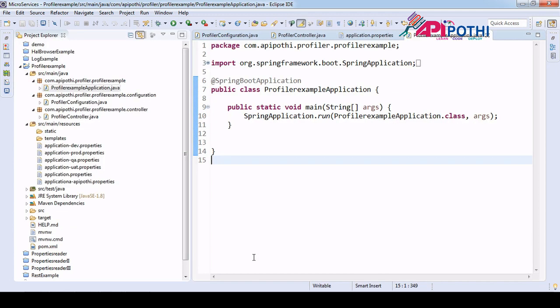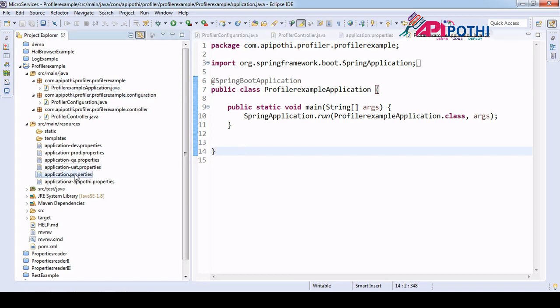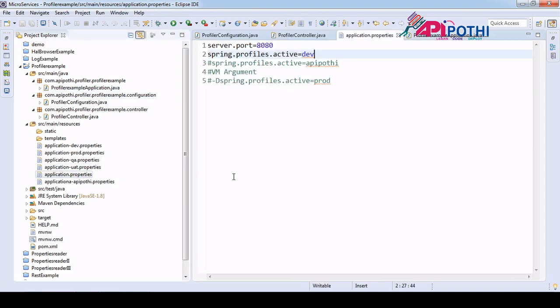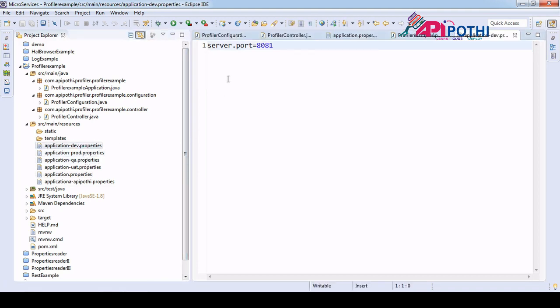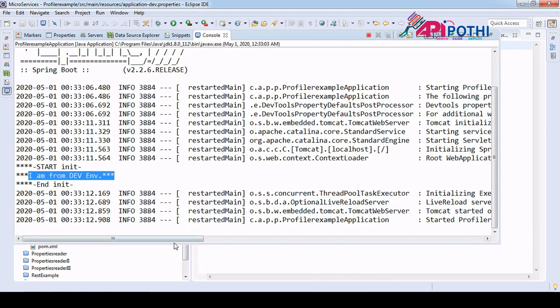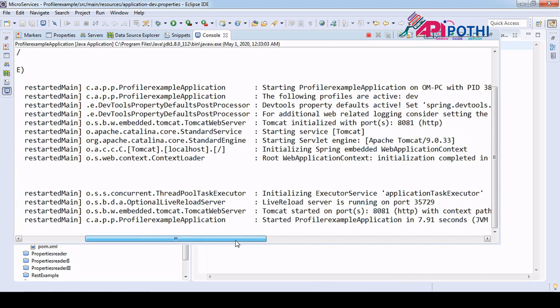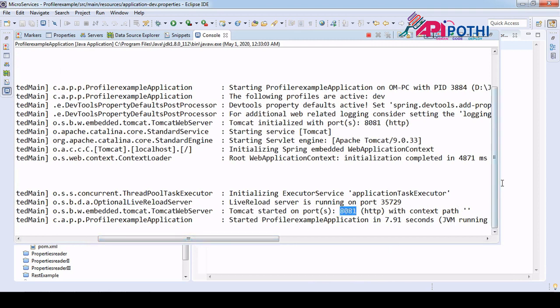So basically what is happening is, as soon as we are running this Spring Boot project, it will load our default configuration, and from the default configuration it will see that okay, here the profile is activated as dev. So it will go first into our dev application.properties file, and here it will see it has only one entry, server.port, meaning that I want to run this application on 8081. So it is running on 8081. See here, 8081, first task.